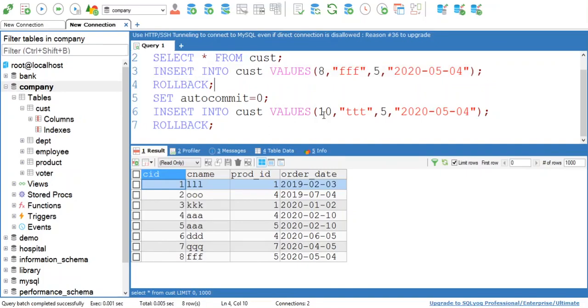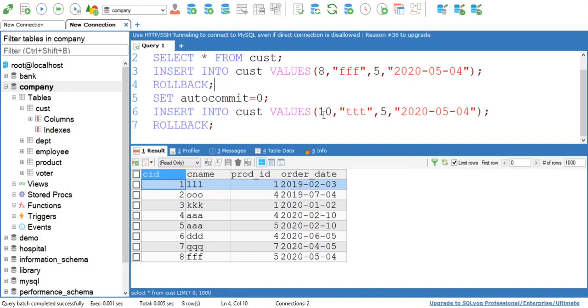Then you roll back that change by using the rollback command, but it is not possible to undo those changes. It is not possible to delete that row because your MySQL was running in auto commit mode.